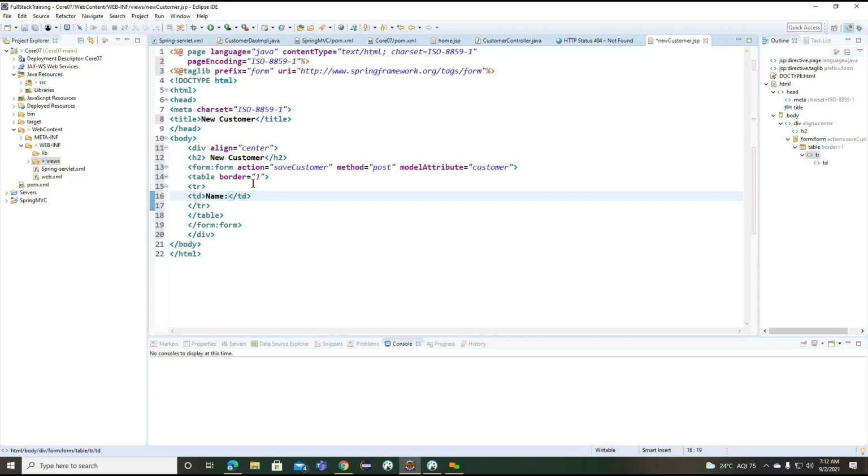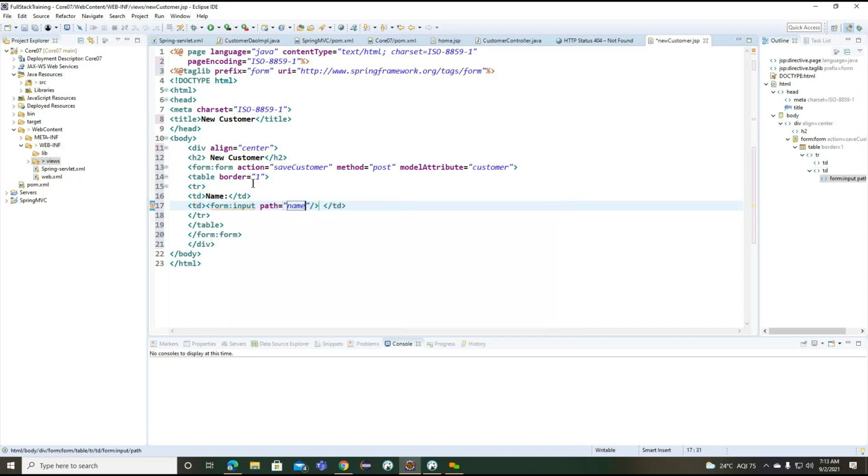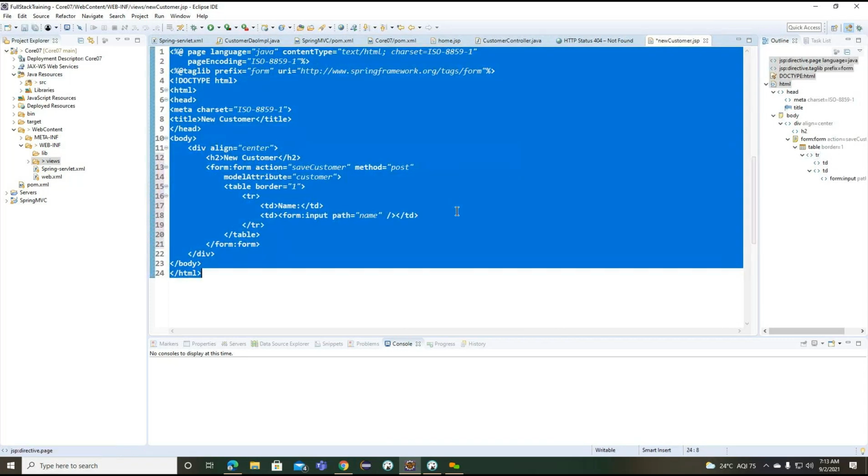To work with this, inside this particular TD, we can go for the form:input here. The path we need to define as name, which is coming from our customer class.